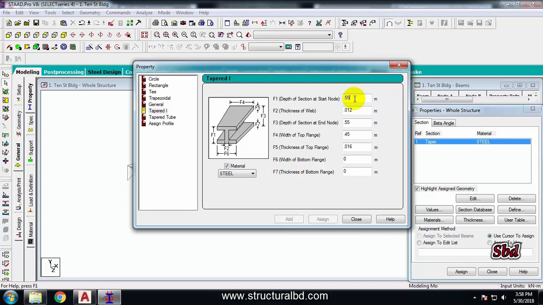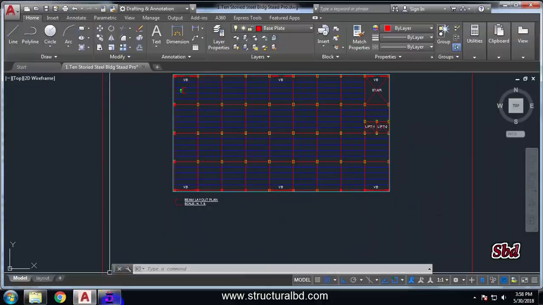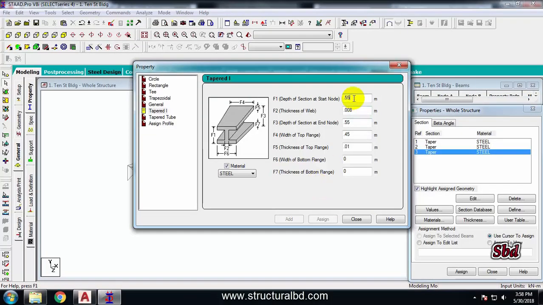Okay, next I am using this size for my side column. Say this is 12, add. Next I am using for my corner column which is say 8 mm, and this is 10 mm, add. Now I have the main beam. In this short direction I have the main beam here. This is my main beam, so the main beam size will be say 500, 500, 8, 10, this is 200,